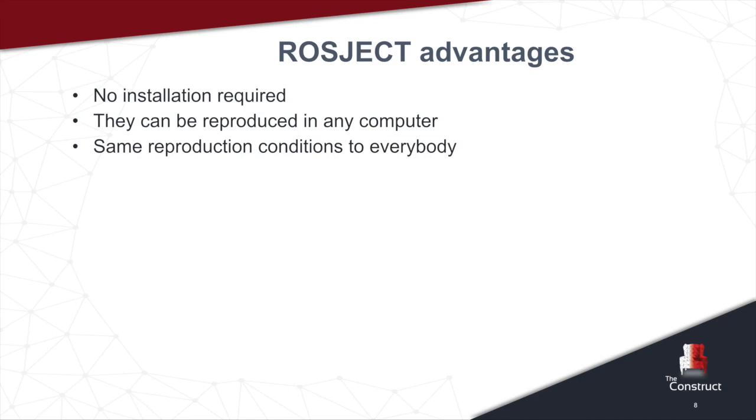Because it's using the cloud, the instances, the system that is reproducing this specific Rosject is always going to be set up, as I explained on the previous slide. Then another very important feature is that the Rosject can be shared, creating a copy just by using a web link. So when you share your Rosject with somebody else, you just provide a link to them. And then by clicking on that link, an automatic copy of the whole Rosject will be generated for the other